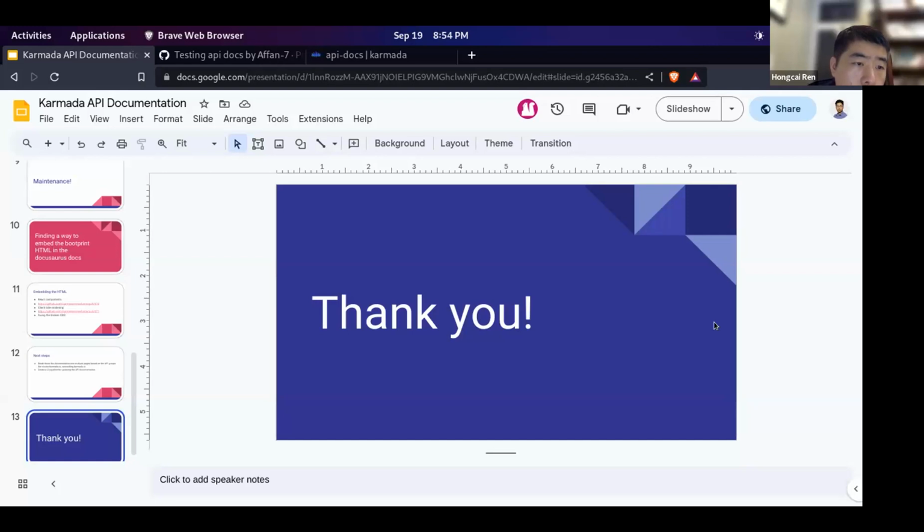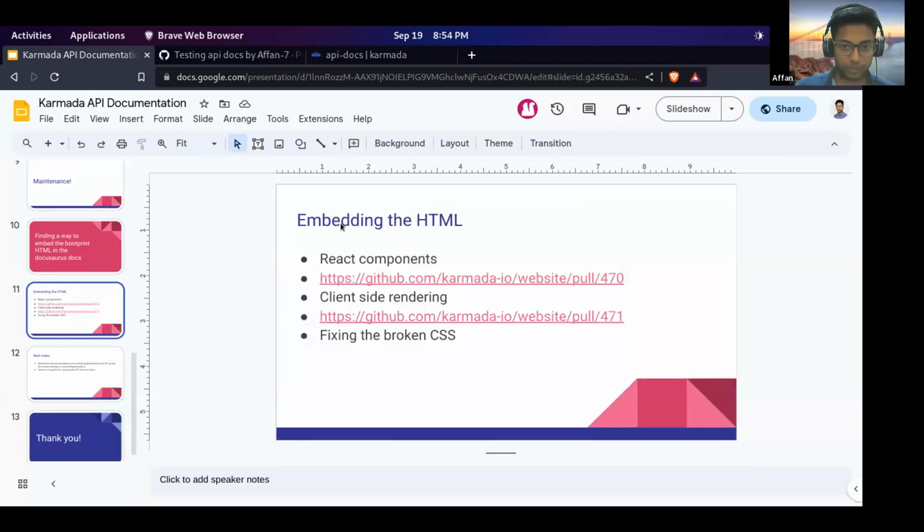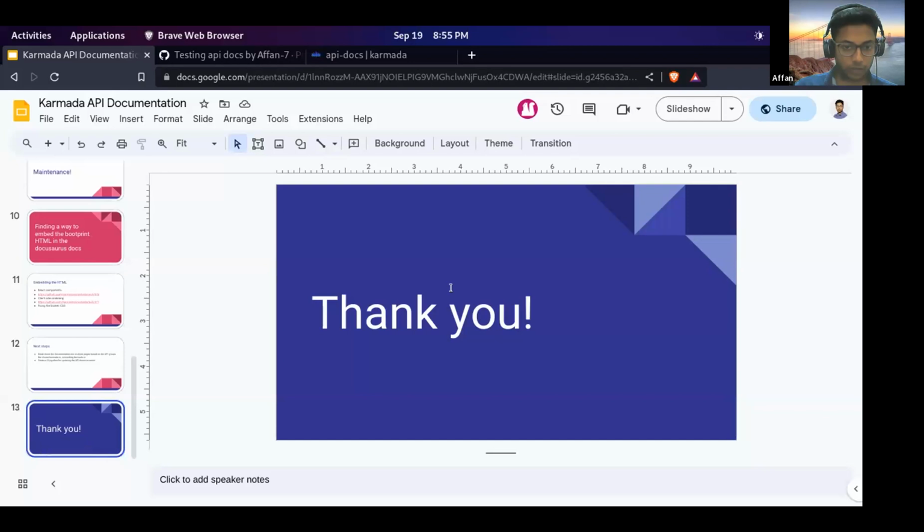Thanks, Fine, for I know you investigated so many tools. So finally, which tool did you select? Bootprint, right? Yes, so we decided to move forward with Bootprint. But if you have a suggestion,